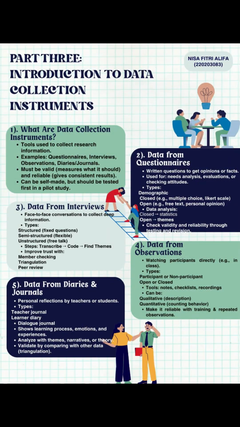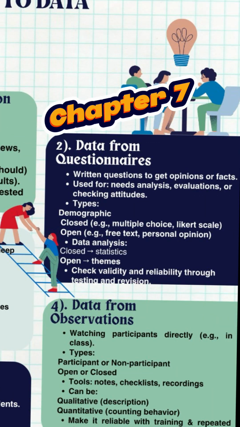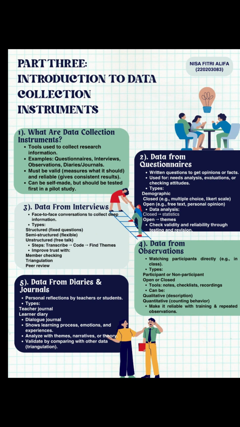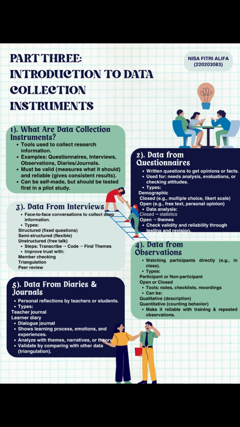Next to chapter 7, and the title is Data from Questionnaire. Okay, a questionnaire is a written list of questions that participants answer. It's often used in second language research for things like needs analysis, testing opinion, or evaluating language programs. There are 3 types of question. First is demographic, like title of the questionnaire, version date, name of respondent, date of administration, and gender and age. Second is close-ended, like true-false items or multiple choice, ranking items, and Likert scale. And then the questionnaire must be clearly formatted. And the last is open-ended, where people write their own answer or personal opinion, like fill in the blank